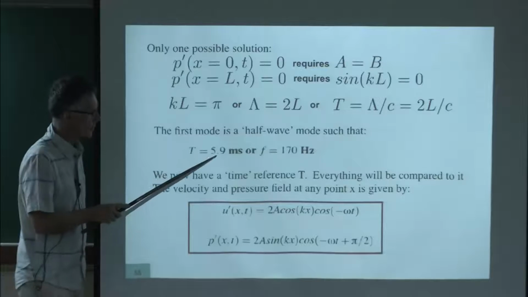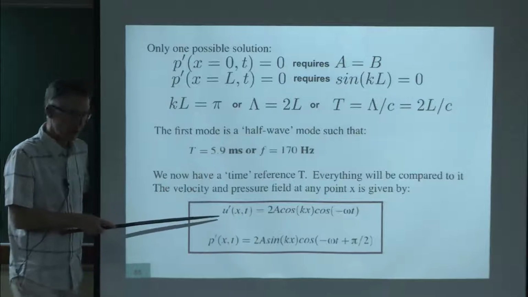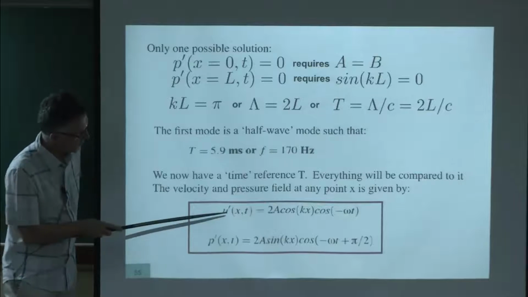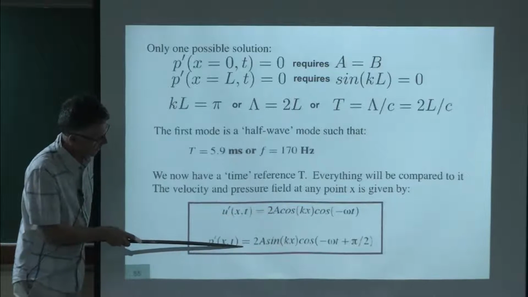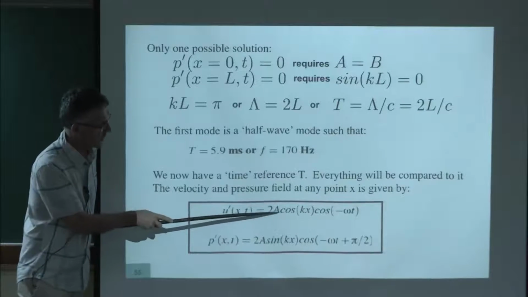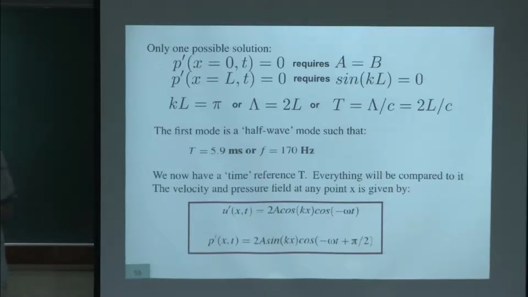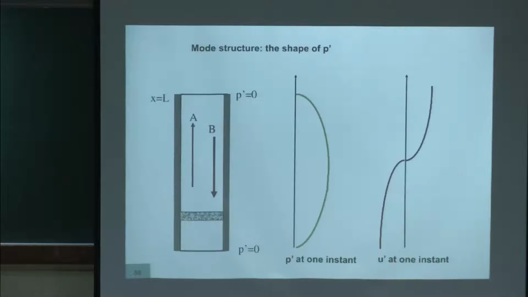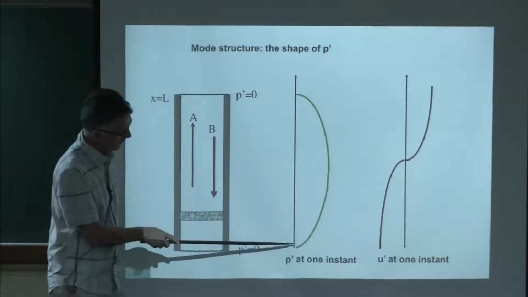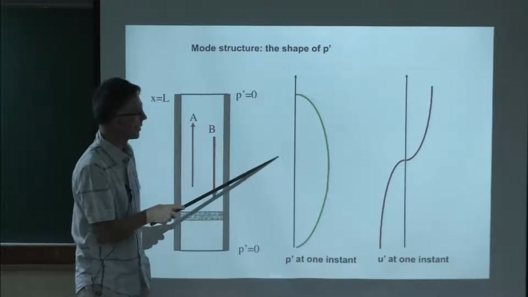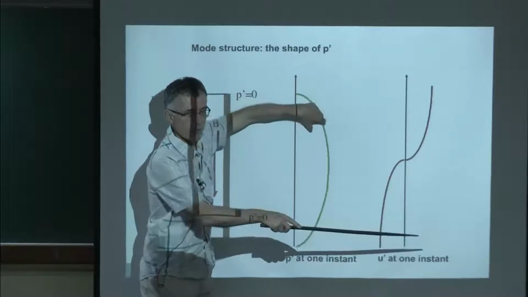If I have this information, I can construct the pressure and the velocity signals in my domain. This is going to be the pressure, and this is going to be the velocity. Everything is determined up to a constant because it's a linear problem, so I don't have any reason to fix A. I could have set it to 1. So the structure will look like this. At one instant, pressure will look like this, and velocity will look like that. Pressure then will move to the other side. Velocity will move to the other side.